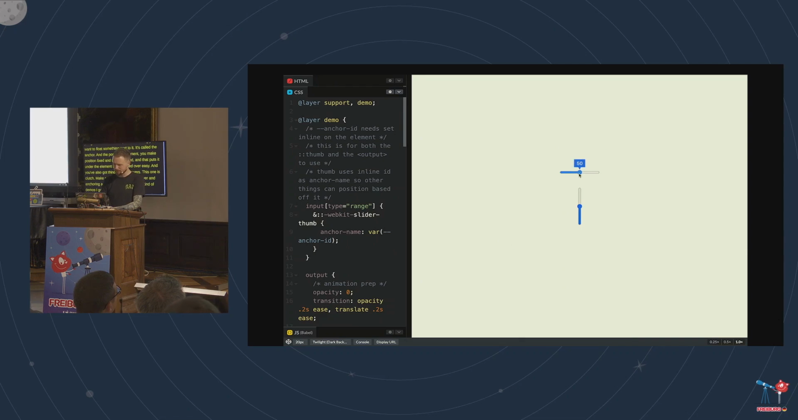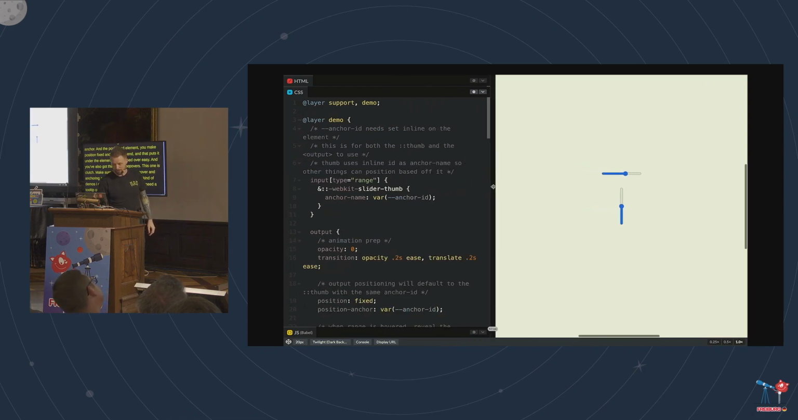Oh, yeah. You need a tooltip on a slider? Look at anchor. Anchor also knows the width of the element and perfectly keeps it centered on the top. I'm doing no calc. There's no calc in here at all. All I'm saying is